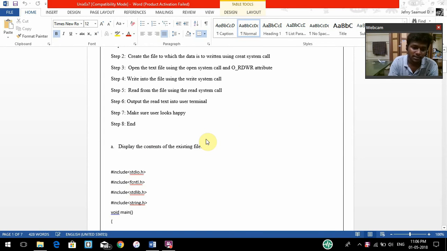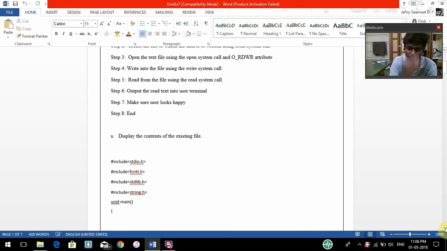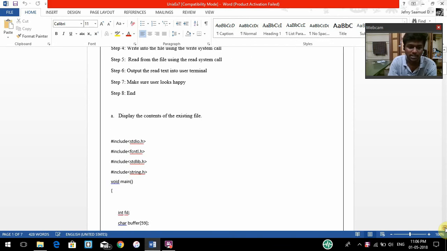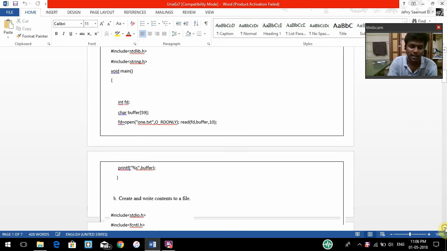To display the contents of the file, I'm using a C program. I'm including stdio, string.h, and stdlib.h header files, and inside the main function I'm initializing fd under the integer data type, and I'm creating a buffer of size 59. Then fd is equal to open, which is the function used to open